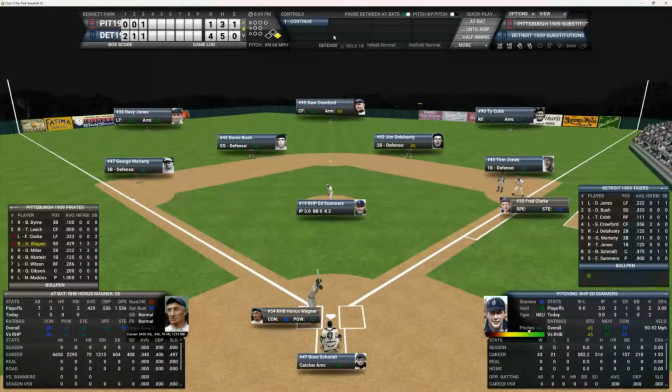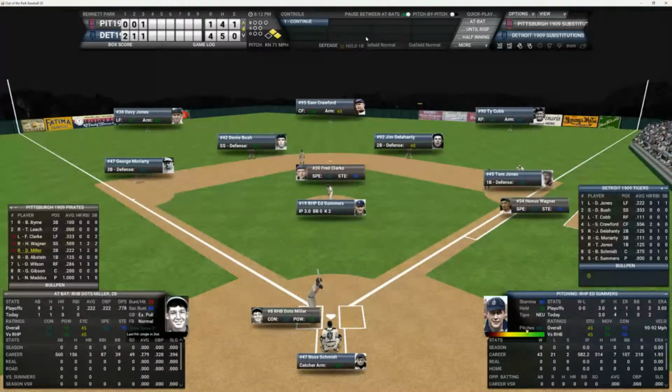And that ball is hit down the short. He knocks it down, but he won't have a play. And that'll bring the tying run up to the plate. And Miller is 1 for 1 today. He does have a home run in this World Series, folks. So they better be careful with him.